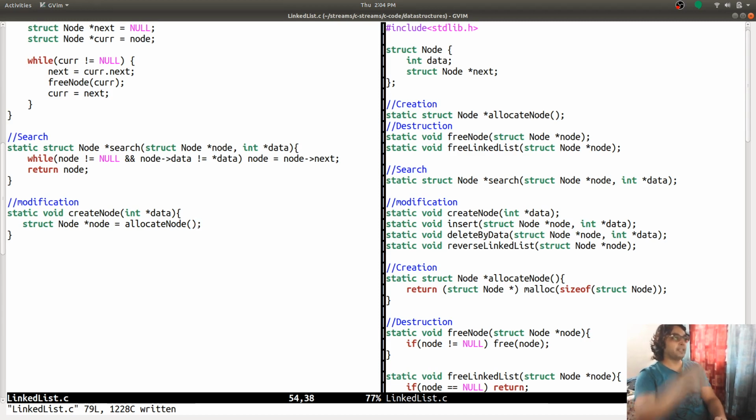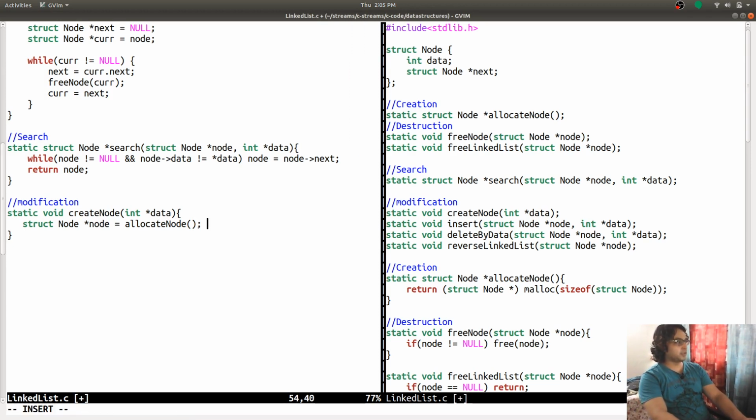So by design I'm starting from the way that I should be programming in any production level or really good applications that do their own memory management. They do it like this, because in future if you plug in a different concept of allocation, you can change that function and it is going to work in your entire application. So I have moved the malloc function to a different function, allocate node. Similarly, I have moved the free function to free node and free linked list.